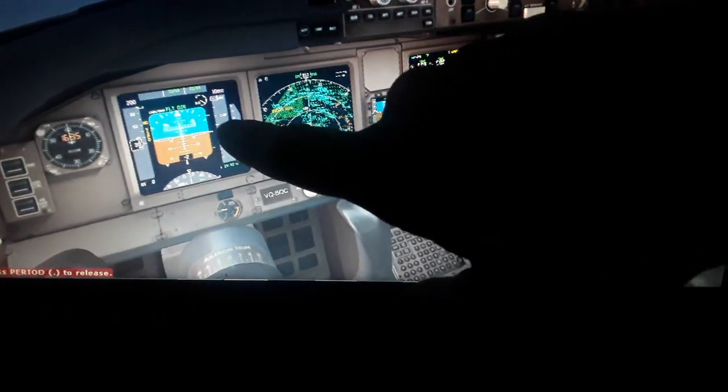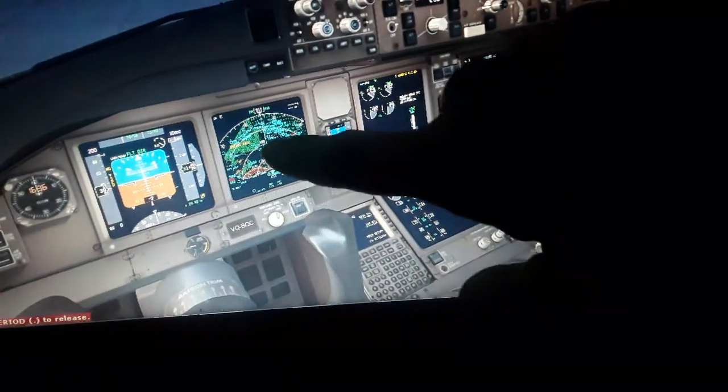You can see some systems here: the primary flight display with the flight mode annunciator, the airspeed, the altitude, the radio altitude, and the rate of climb and descent, the magnetic heading, flight director and autopilot here, and the navigation display. The navigation display displays the airports, the waypoints, also the weather radar and the terrain radar, so you can see the reflections of the terrain around you and the distance. You can select the distance. You can select also to see other aircraft flying around you using the transponder,